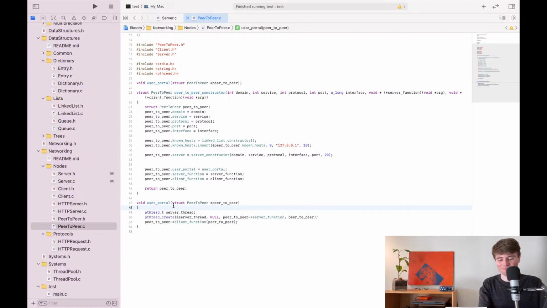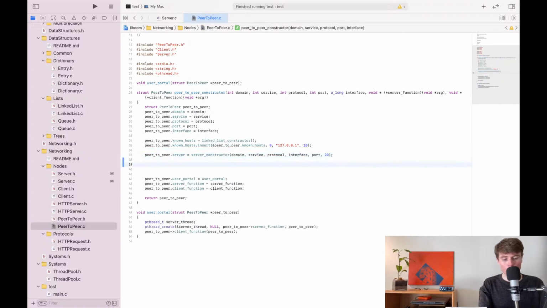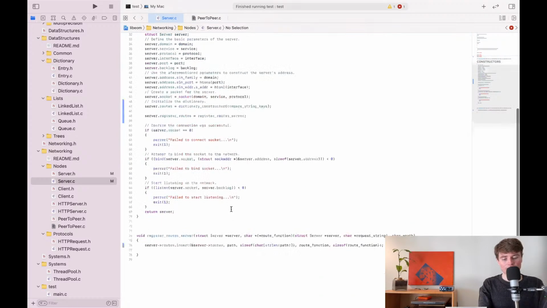Anyway, so in our peer-to-peer network, where do we actually create server? Create our server here. So let's register a route to that server, one that we know will exist. So peer-to-peer.server.register routes, and this takes the address of peer-to-peer.server. See, that's where it becomes easier, is that I don't need to pass it in the register routes dictionary and think of this as a dictionary. I can pass this in as a server and think about this in terms of a server. So now I just need to pass in the